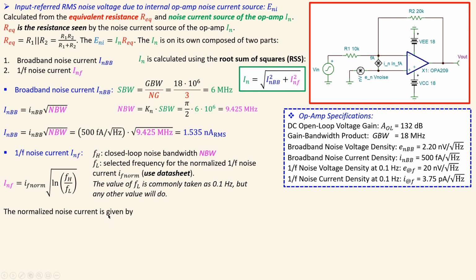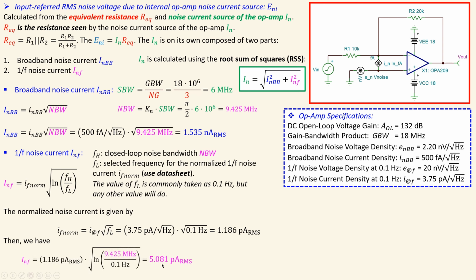Now the normalized noise current is given by this expression, similar to what we had for the normalized noise voltage. You will take this 3.75 pico amps per root hertz, which is the 1/f noise current density. You multiply by the square root of the fl, which is taken as 0.1 hertz, and you will have 1.186 pico amp RMS. I will now substitute this in here and also the noise bandwidth and the 0.1 hertz. Then I will have this value,